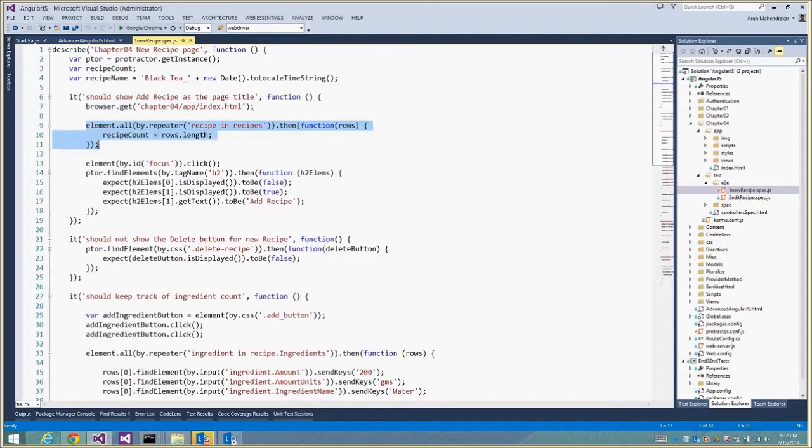I'm keeping a track of the recipe count at this point because this is when the application started. At this point it's 1. There's only one recipe on the page, right? And then I say click on the new recipe ID, right? The new recipe link, and that's basically what it does. So you do a click on that,